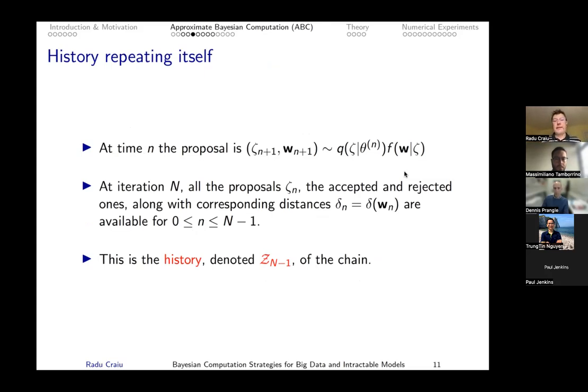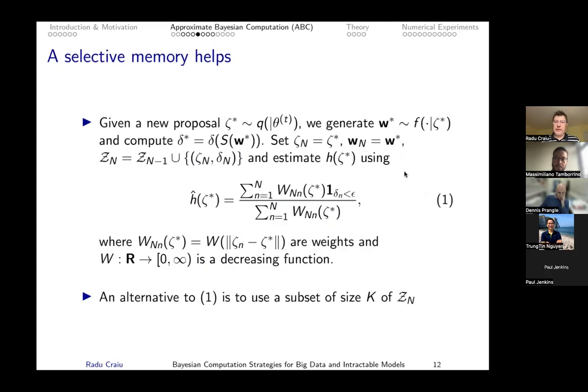Let's not forget that at this point, all the proposals in the past, accepted or rejected, are available, along with the corresponding distances which have been computed, right? So we will call this the history, and I'll call it calligraphic Z, n minus 1. I'm just going to call it Z n minus 1, the history of the chain. Okay. So now, given a new proposal